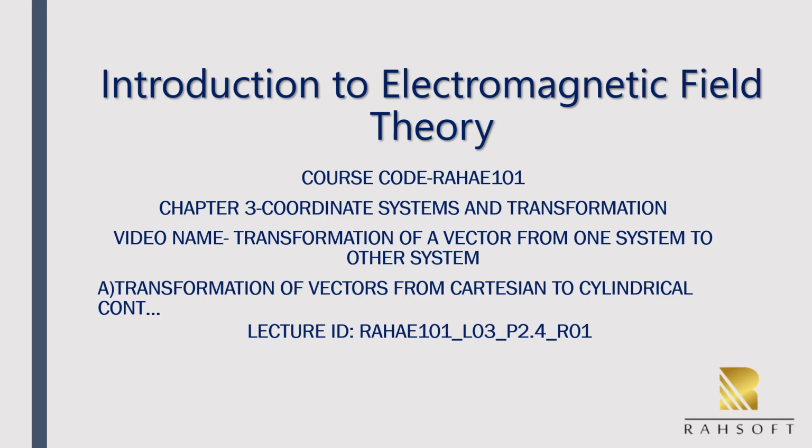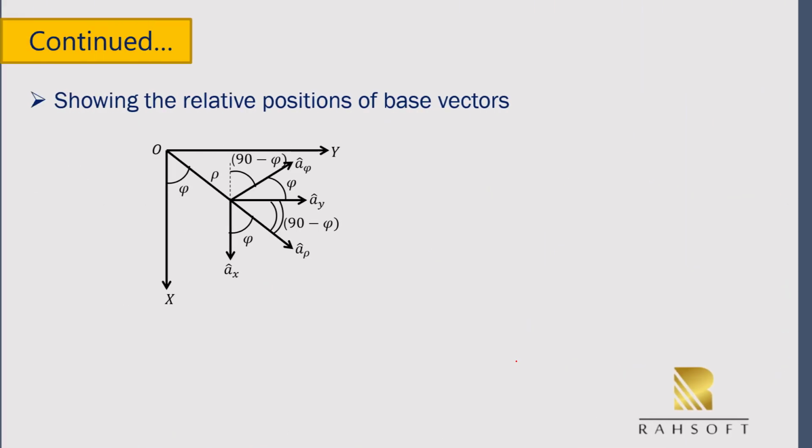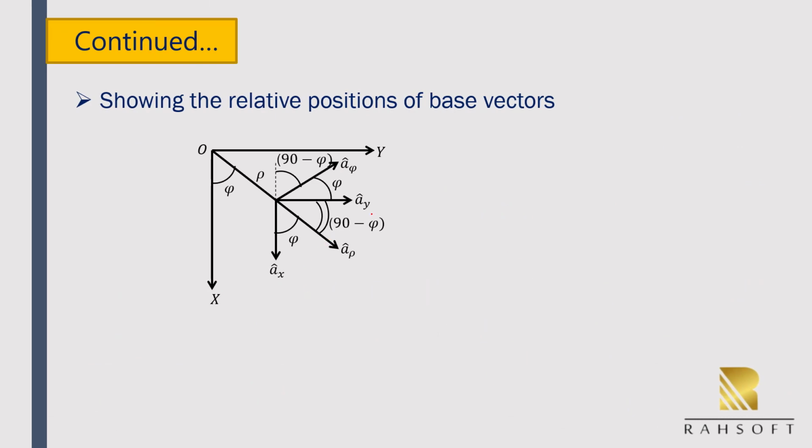Hello, I will continue from this section the transformation of vectors from Cartesian to cylindrical coordinates. In the last section I just left it at the cosine of the angle between unit vector ax and a rho. Now you can see this figure showing the relative positions of the base vectors. Here you can see unit vector ax dot product unit vector a rho